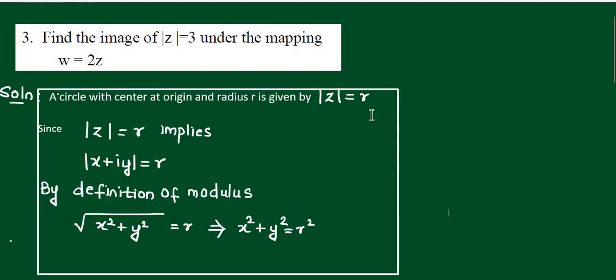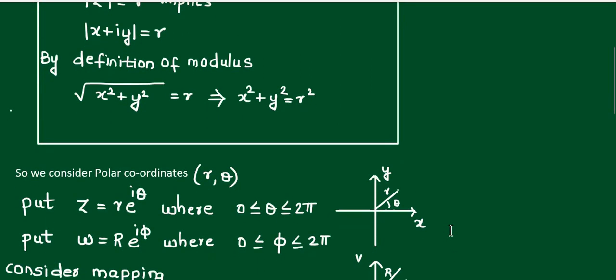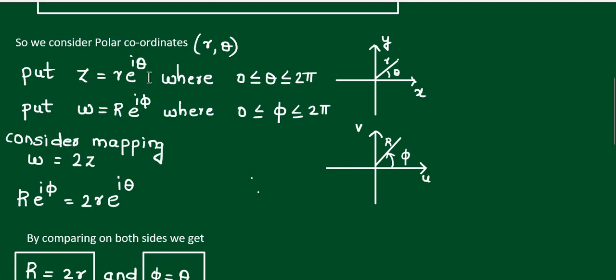Since we have mod z equal to r, that is, the equation is in terms of polar coordinates, I am going to make substitutions for polar coordinates itself. So, you can take z as r into e raised to i theta, where theta varies from 0 to 2 pi. That is, take any point in the xy plane, that point has a magnitude of r from the origin and makes an angle theta. So, this point is nothing but r comma theta. Now, if you are changing angle from 0 to 2 pi, you will get the whole z plane. All the points will be covered